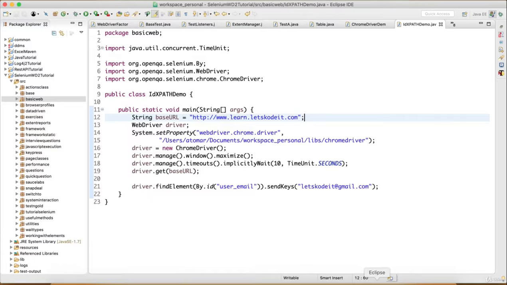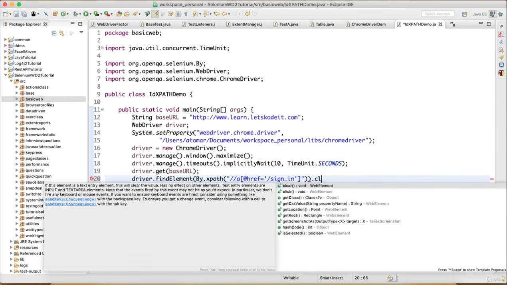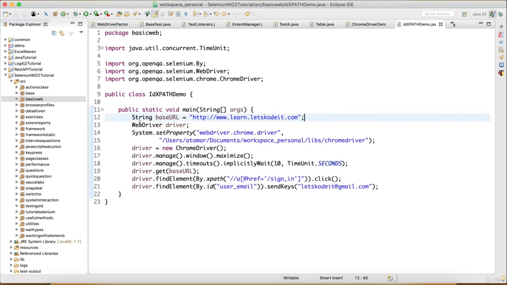I'm going to go back to Eclipse. And here, after getting the base URL, I'm going to type driver.findElement(By.xpath, and I'm going to copy the XPath statement right here and then click. So this is essentially what we are doing here. We have our website URL here. We're opening the Chrome driver.